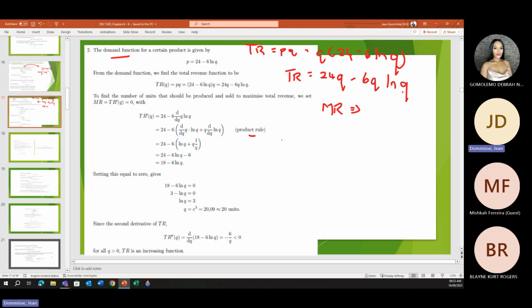And then it's like, okay, I remember it's a product rule. So when we have a product rule, this one is easy when we differentiate the first one. That's 24. When we differentiate the second one, that's a bit different. So we can take 6 out of there. So now you need to remember, oh, okay, differentiate the first one times the second one. So if we differentiate Q, okay, it's 1. Keep the second one, ln Q, then it is plus,